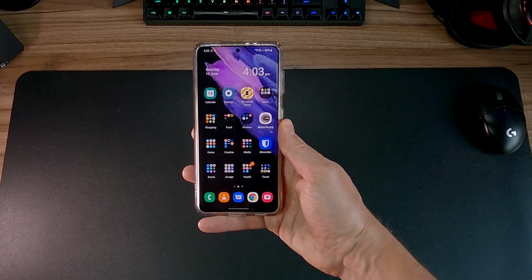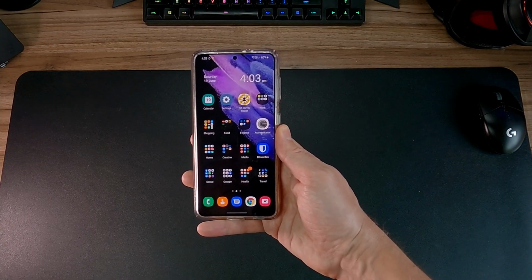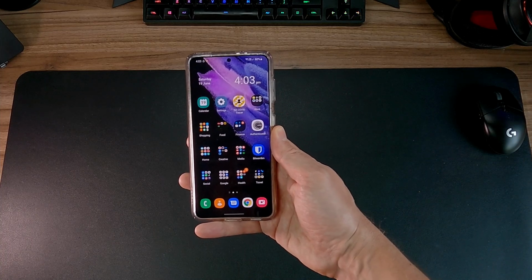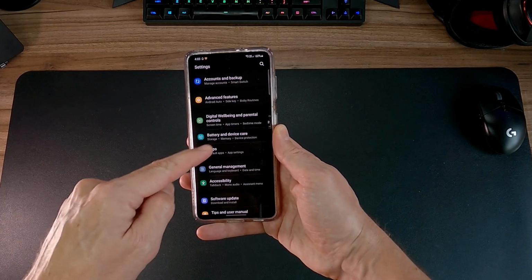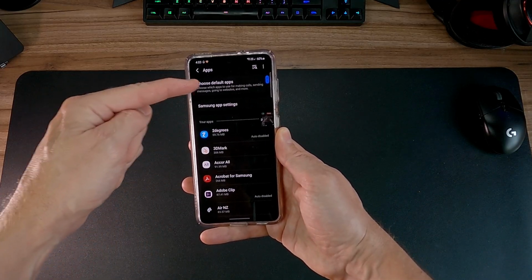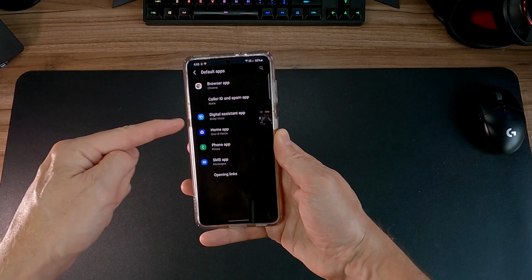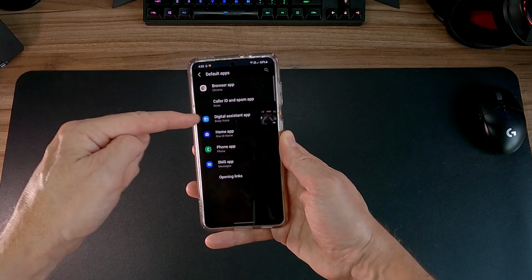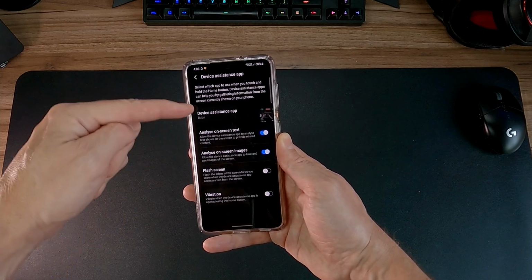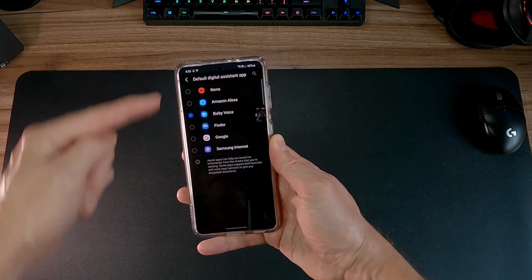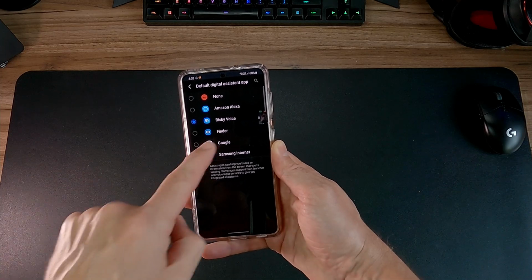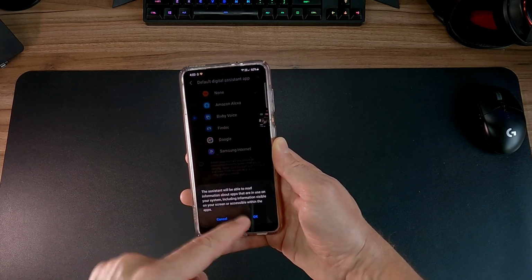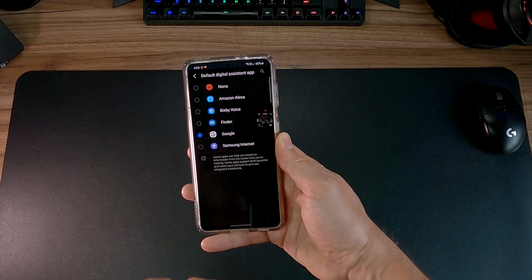Once you've got the voice assistant that you need installed on your phone, you then need to set it up so your voice is going to use it by default. In order to do that, you just need to go into the settings of the phone and then go to apps. Click in apps and choose default apps at the top. Go down to your digital assistant app, it's set to Bixby Voice at the moment, click on that. Device assistance app, click there, and you will now see a list of all the voice assistants that are installed on your phone. Now if I change it to Google for instance, it'll ask if I want to allow it and I just click on OK.